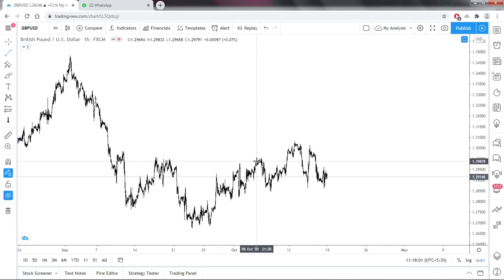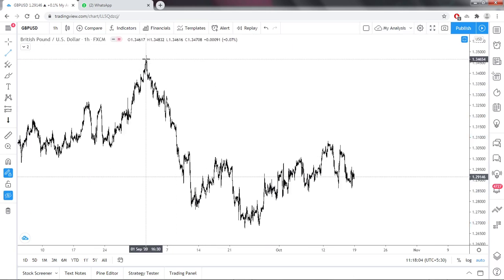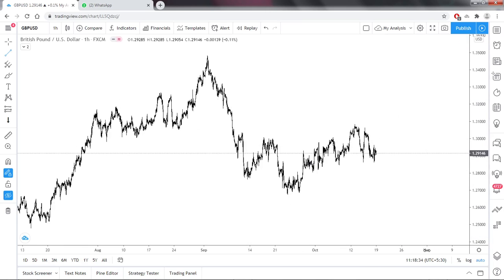See here, I'll show you. If I take this as an A, so this is for an expanded flat, I take this as A, B and C. So in that case it has to come down only. If it again breaks this high, then we have to take this as an A, B, C, A. So this is an A, B and C. So in that case it may again reach that 1.330 also, and then again it may come down also.